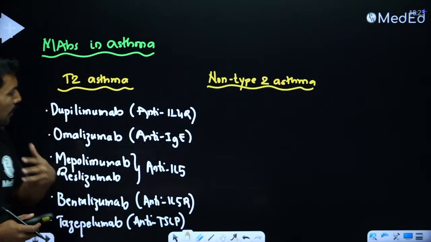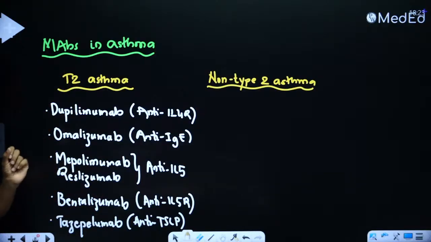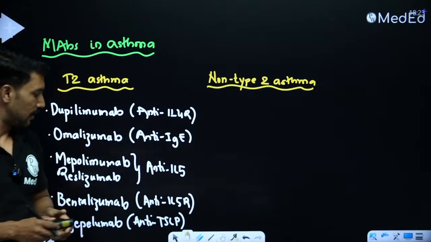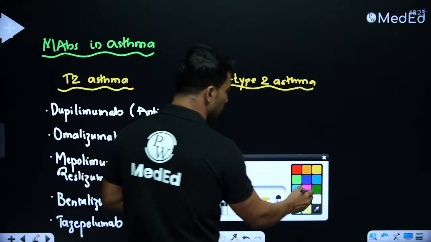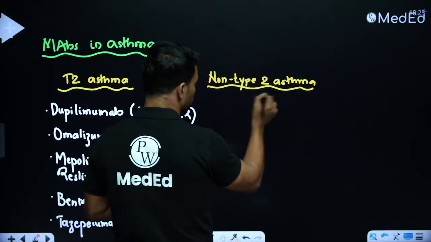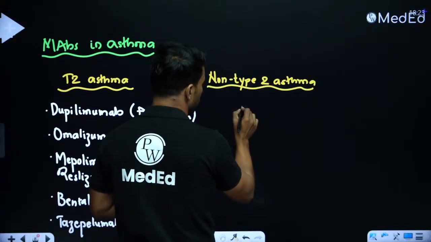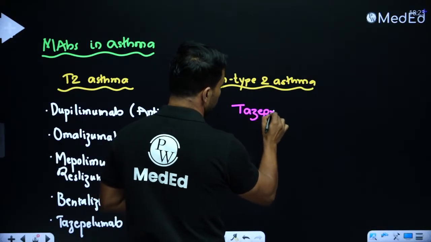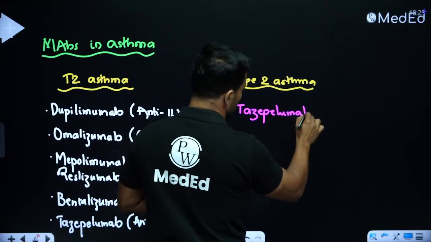So from the story, if you come to the conclusion that this examiner is talking about type 2 asthma, you are free to use any of these. But if you come to the conclusion that this is not type 2 asthma, then as of now there is only one monoclonal antibody which has been approved for use in non-type 2 asthma when they do not respond to inhalers, and that is tezepelumab, which, as I've just discussed, is the